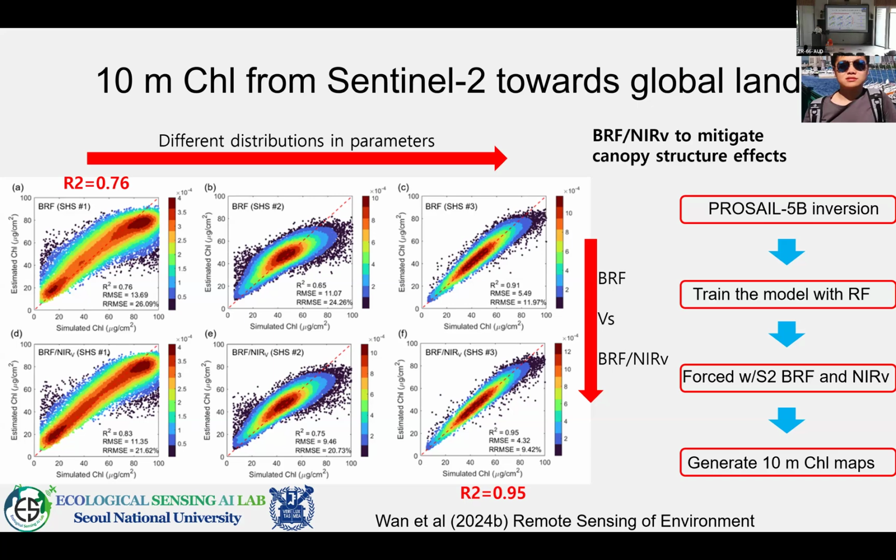Again, we use Sentinel because Sentinel has a red edge band that is very, very useful to retrieve chlorophyll. So now we can produce maps of chlorophyll and also LAI at 10 meters. That is huge. In the past it was not imaginable. If you think about LAI, it was 1 kilometer or even 500 meters. Well, now we can make 10-meter LAI and chlorophyll maps. And then we can,